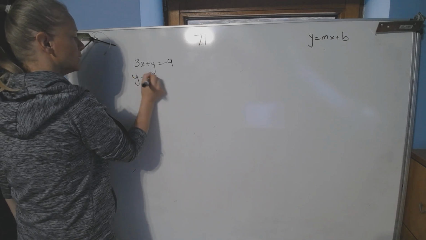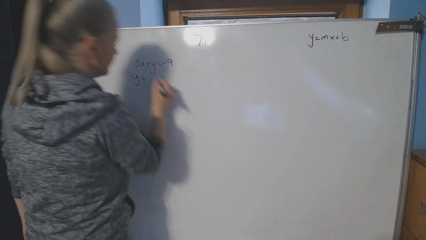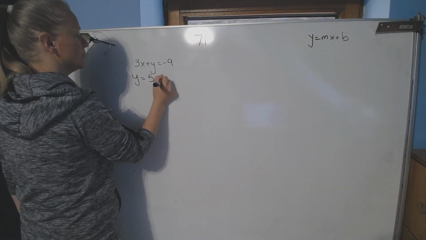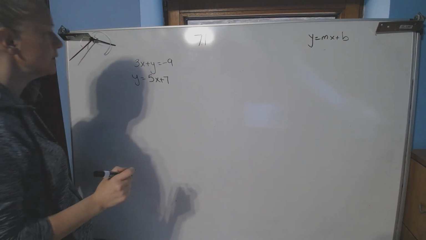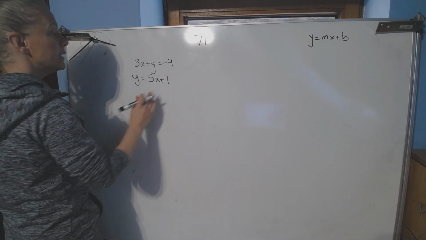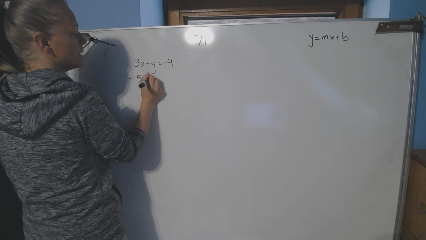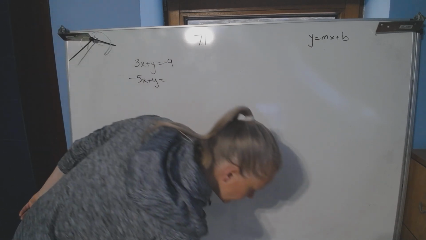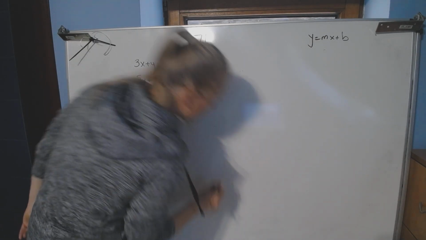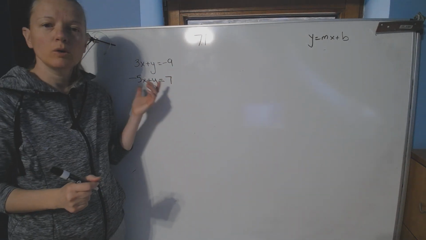And y equals 5x plus 7. This is the example we're working with. It is already separated for you. I am going to change my mind and write this as -5x plus y equals 7. The reason I'm doing this is because I want to remind you how we get to how